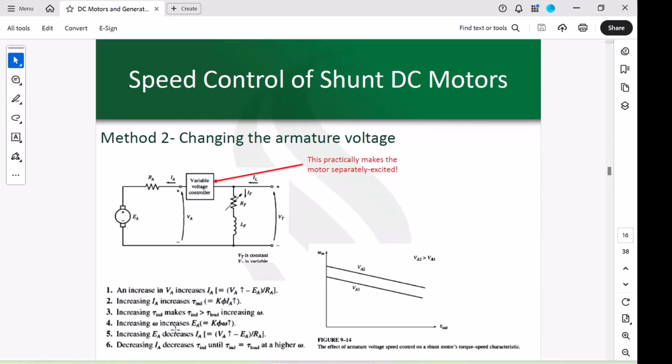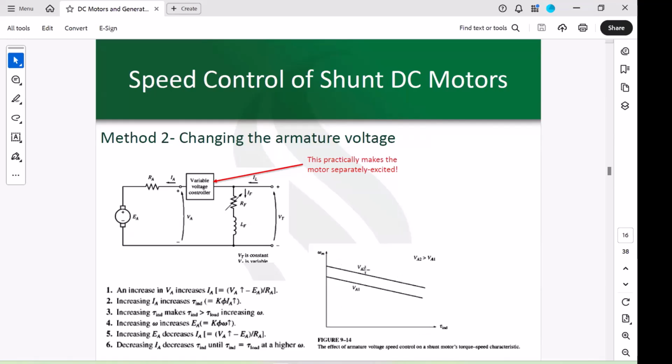Now, increasing the speed will increase EA, same thing. Increasing EA will decrease the IA. Now, decreasing the IA will decrease the tau until the two taus become equal. The electromagnetic torque or the induced torque would be, again, equal to tau load, but now at a higher speed. That makes sense. So if you want to basically look at how this is going to affect the torque versus